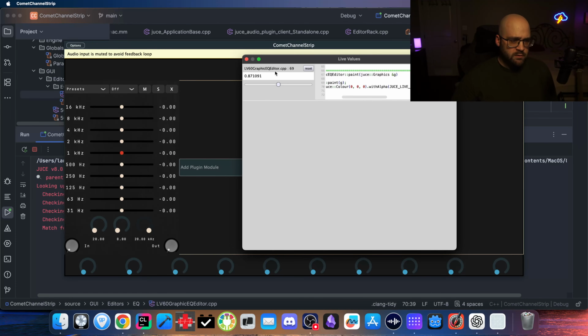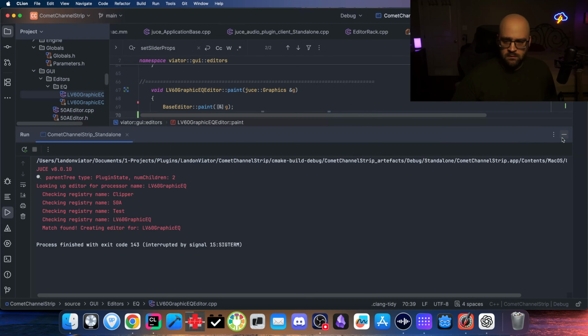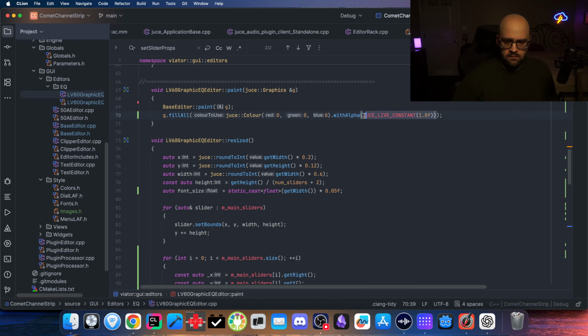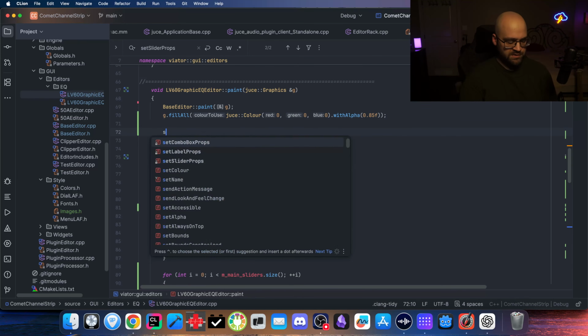That looks better. And it would probably look even better if there was some kind of border. Let's do that for now. I could just draw a little border and just see if